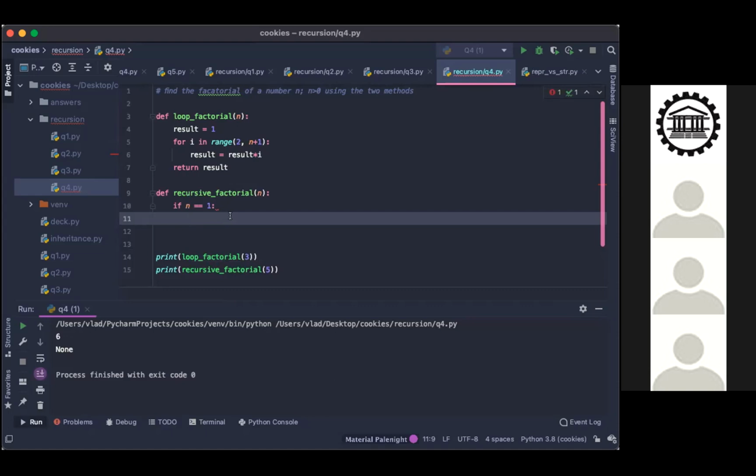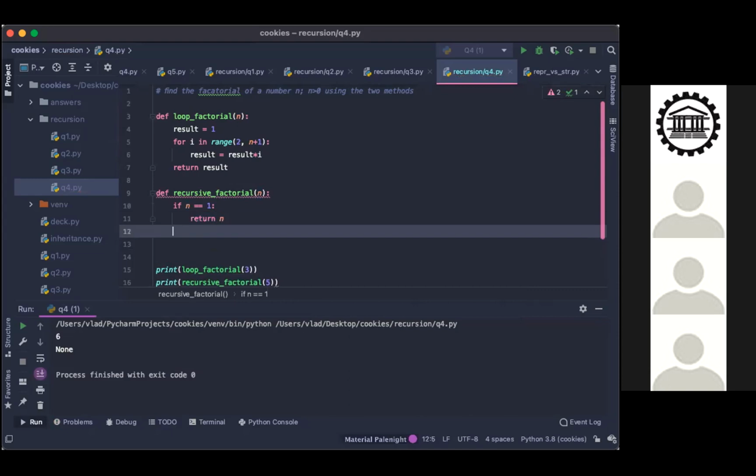If n equals 1, what do we do? I guess we could return n, because we will leave. Okay. And then if n doesn't equal 1, we could do return n.